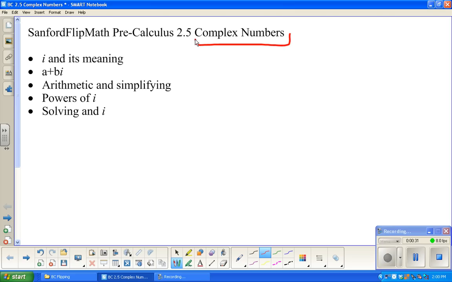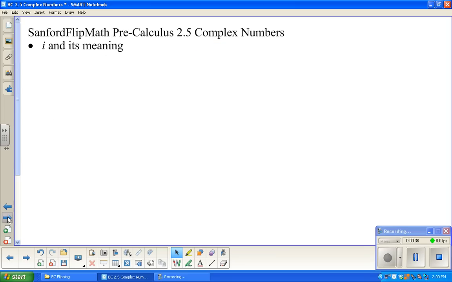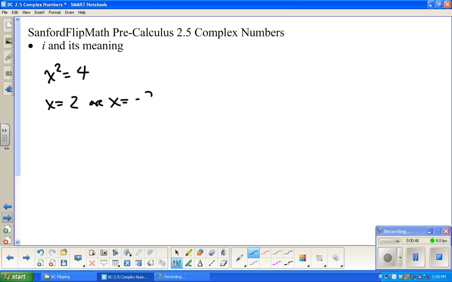And so we need to talk a little bit about i. And so just a quick reminder. The idea here is that, if I have an equation x squared equals 4, I know that there are two values that make this equation true. x equals 2 or x equals negative 2. 2 squared is 4. Negative 2 squared is still 4. Okay. The problem is when I have an equation such as this, where x squared equals negative 4, and so